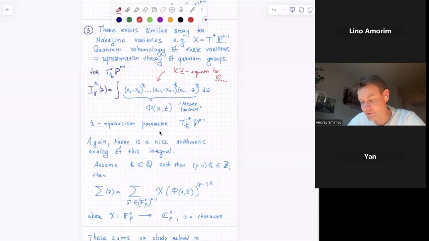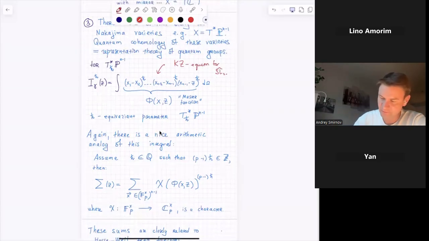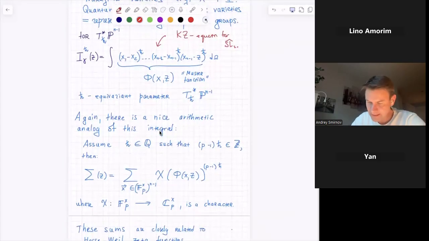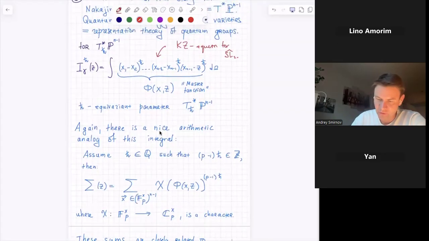So the quantum differential equation in this case can be identified with KZ equations. And for KZ equations, again, there are well-known integral solutions. It's an integral over what? Your gamma is... Right. So in this case, we are integrating again over a torus, over C star to the power